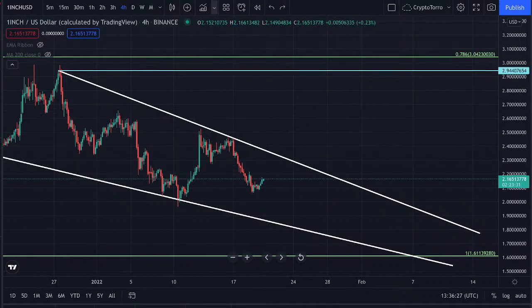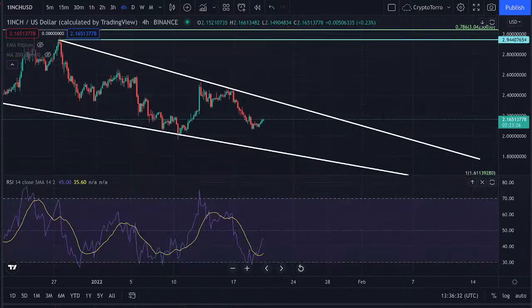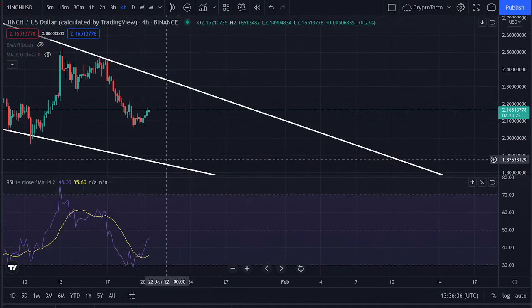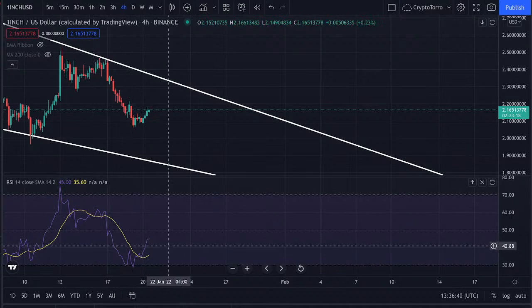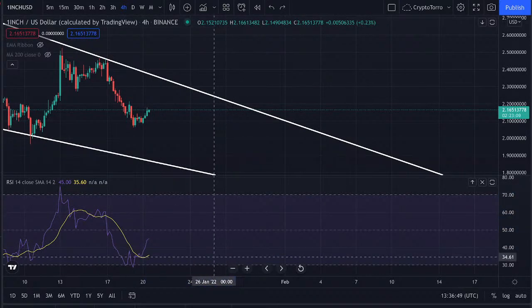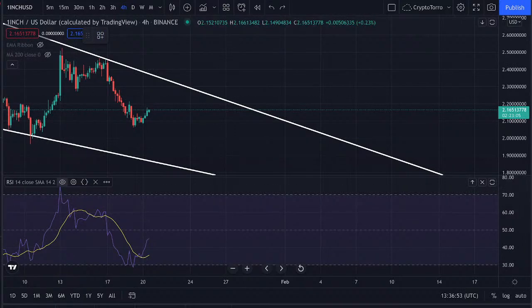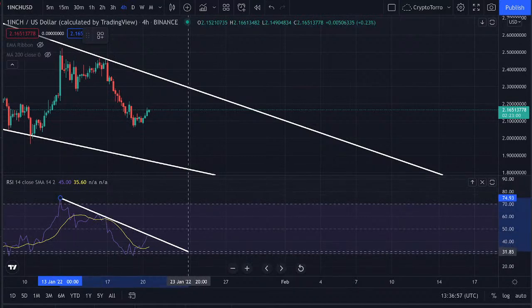This being said, lastly, I would like to see what the RSI looks like on both the 4-hourly and daily time frame. So on the 4-hourly time frame, we are not seeing anything out of the ordinary. We are not experiencing any bullish nor bearish divergence. And what I think is absolutely looking marvelous is that we do still have plenty of space to see further continuation towards the upside. And that is for sure something that we would like to see if we want to break out above the EMA ribbon, the level I discussed previously, that is right now serving as a level